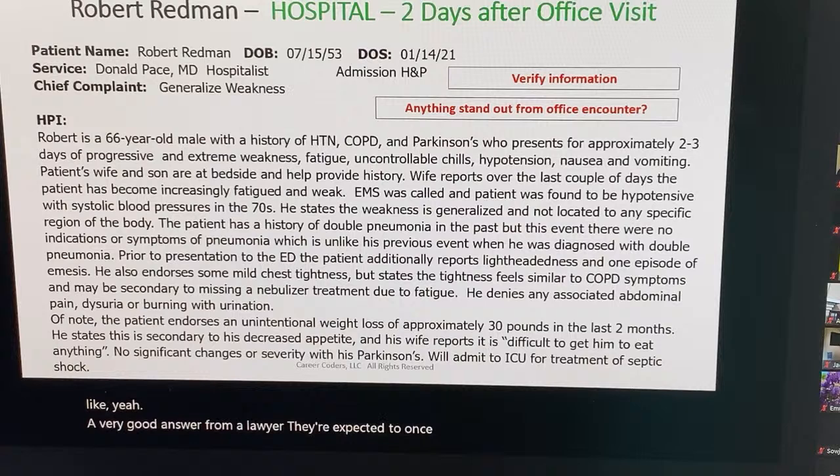Okay, so here he's talking about, so that's where I highlighted. He talked about the fatigue. He's had it for 2 to 3 days. Endorses the unintentional weight loss, and you're going to admit him for septic shock. So those are the things that came out to me just reading